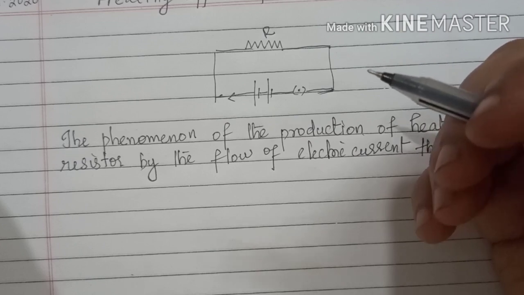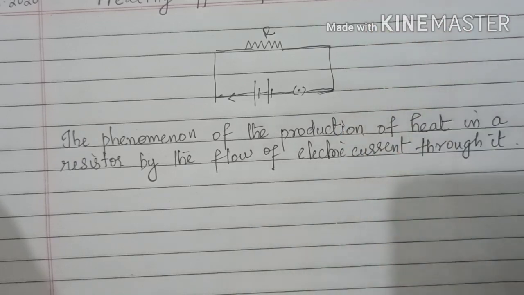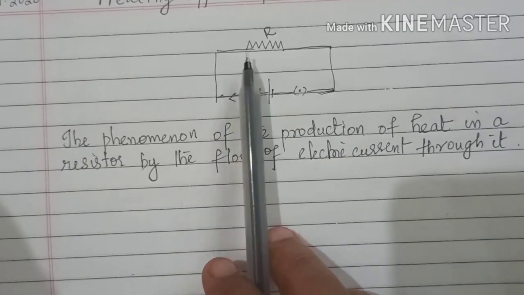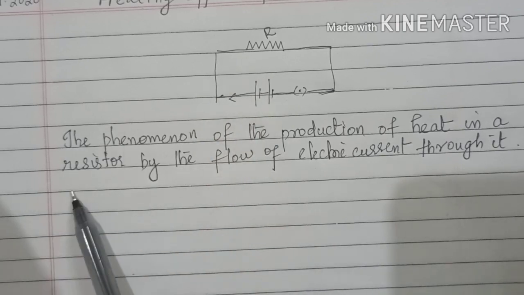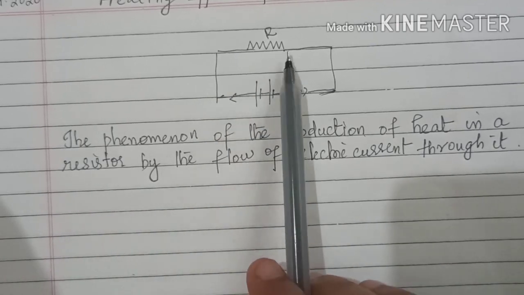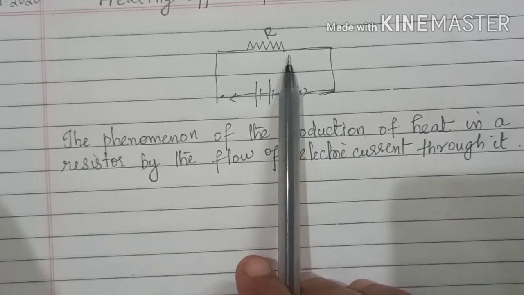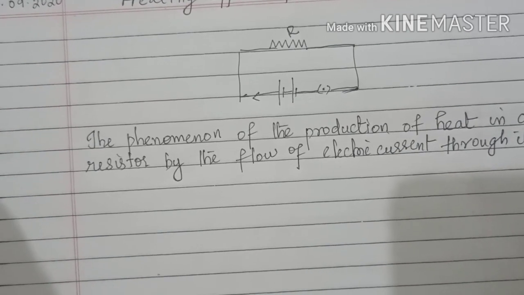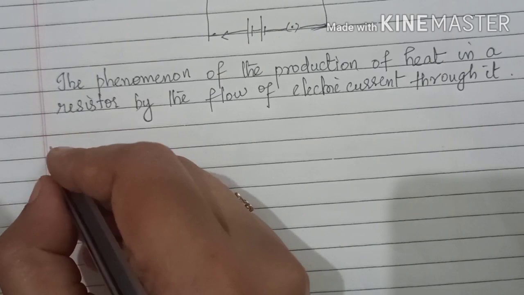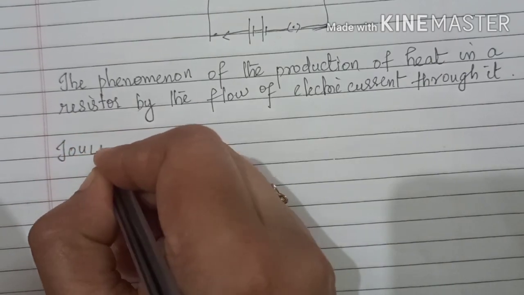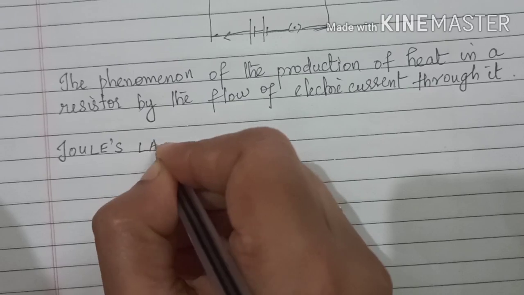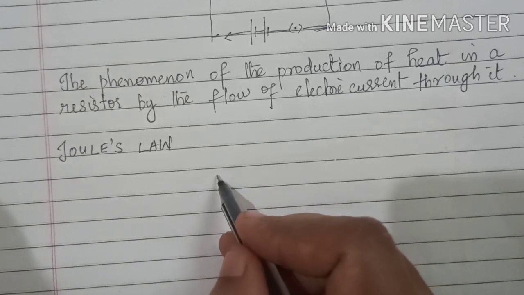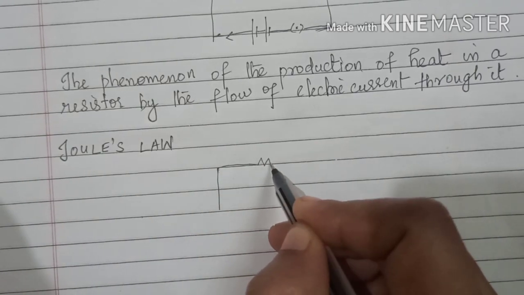Understand? So this is how we are explaining that when current is passed through the resistive circuit or resistor, the heat energy is produced, and it is known as heating effect of electric current. So this heating effect can be well explained with the help of Joule's law, that also you have studied. So let us move to the famous Joule's law. Okay, so here I am considering a purely resistive circuit.